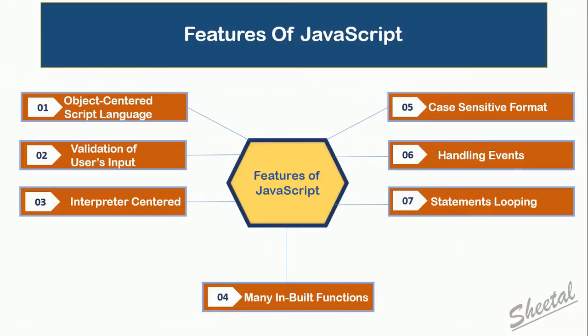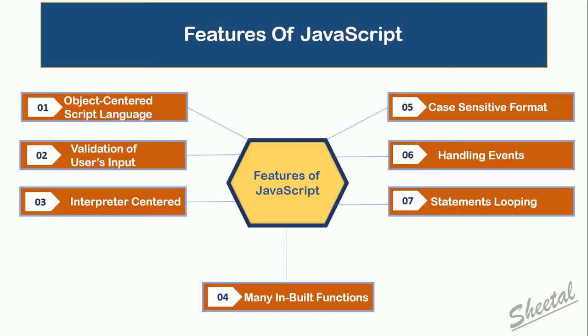JavaScript is a case-sensitive language, so identifiers in small letters and capital letters can convey totally different meanings in JavaScript. JavaScript has the ability to control operations and updates on servers, for example, a client clicking on links and options, and interaction response over the website. Statement looping is used to perform the same operations repeatedly.